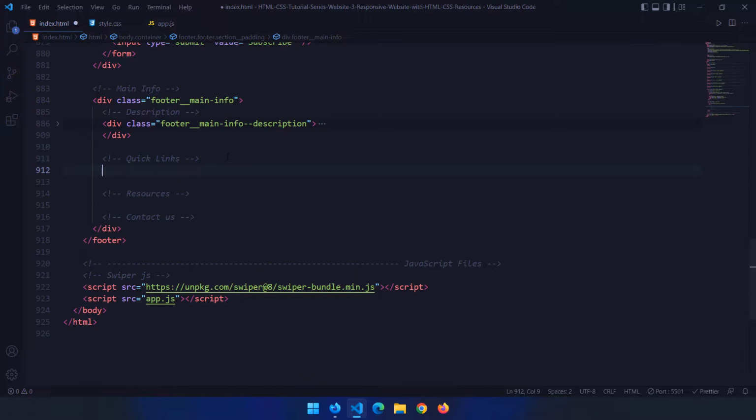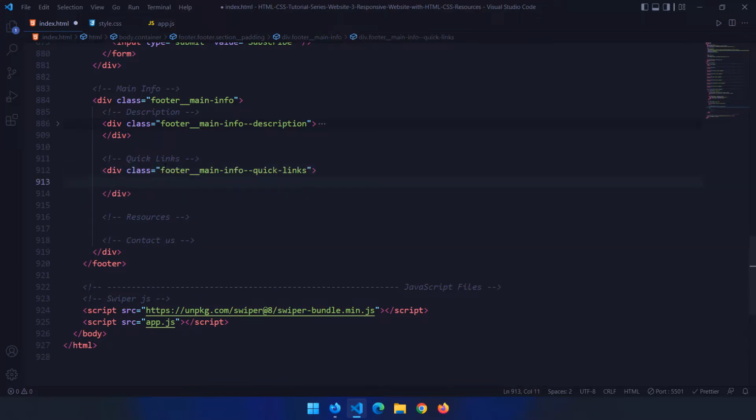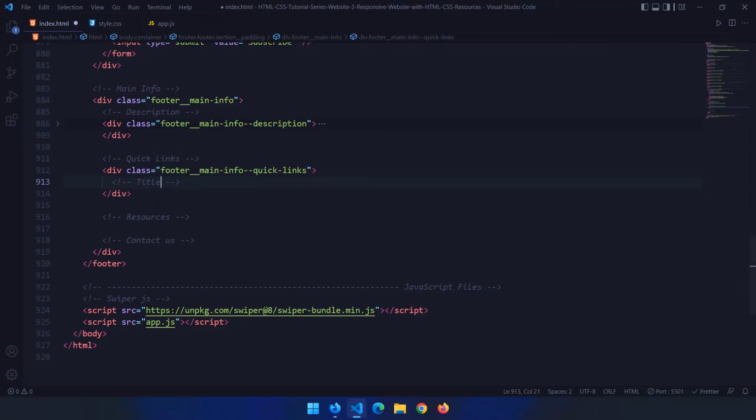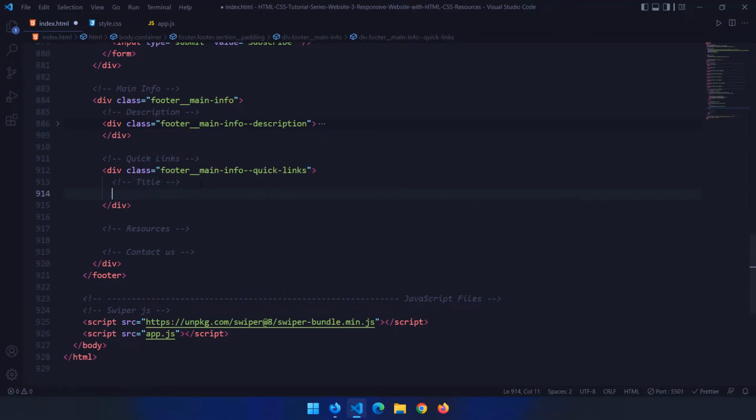So within the quick links, first let me create that div, which is going to be quick-links. Very simple, very generic. Cool. So we are going to have a title. Let's just take a look at it. We're going to have a title and then 1, 2, 3, 4, and 5 links. So it's going to be a title. The title is going to be,